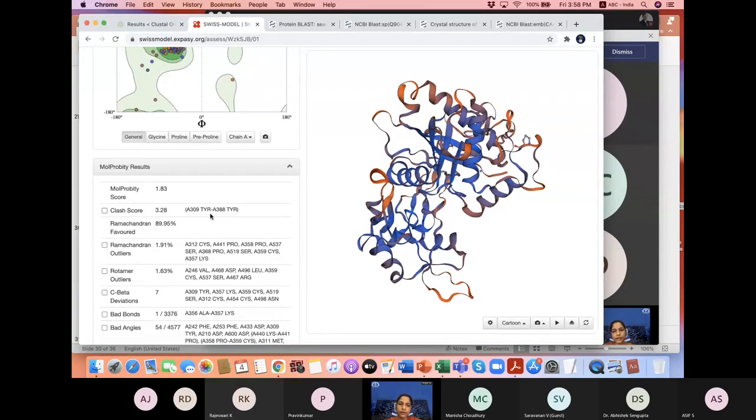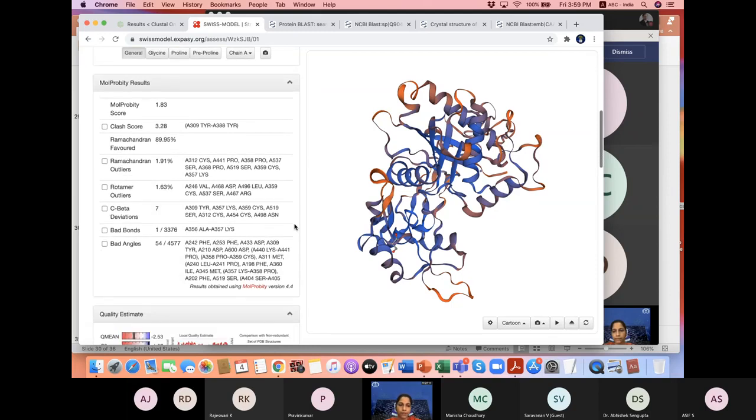Which means that there are a few residues which are not falling within the allowed regions, okay. So allowed and disallowed are the two terms used in the Ramachandran plot. You can see here that the Ramachandran outliers we have in this protein are 1.91%. And there are a few bad angles, bad bonds.